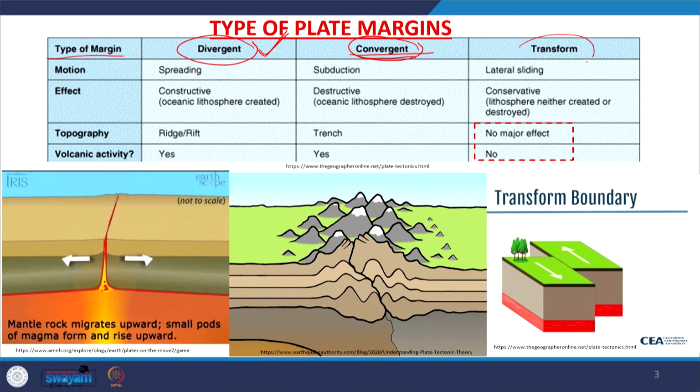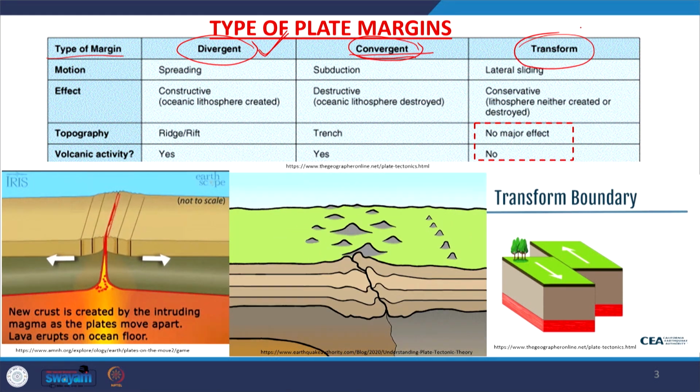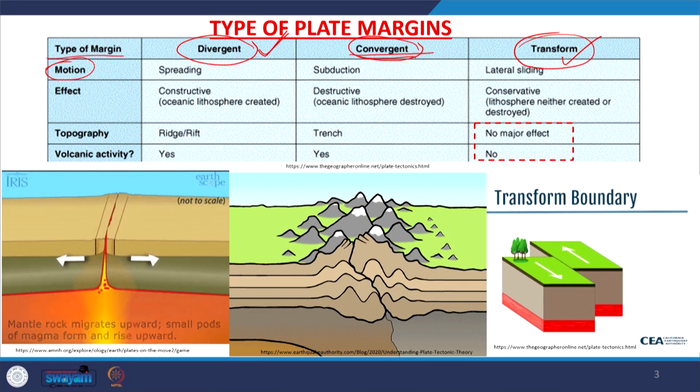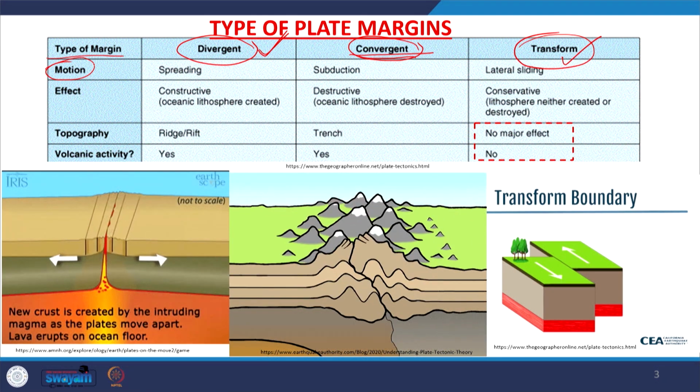Then the third type of plate margin is called the transform plate margin. Here there is a transform movement. Neither is it convergent motion nor divergent motion; it is a transform motion, that means relative to each other they are moving parallelly. So, that is called transform plate margin. Now, if we compare the motion among these different types of plate margin,